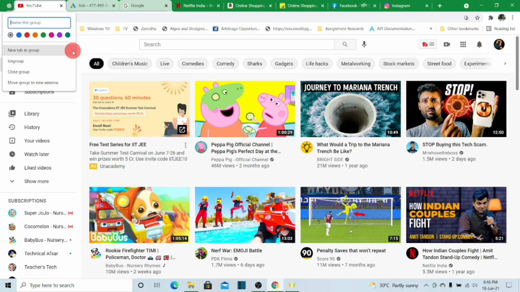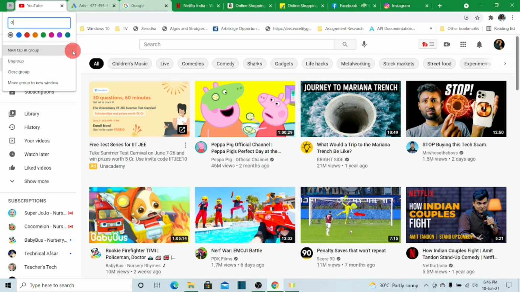So I'm going to give it a name and choose a color. So this color, you can see it will show you here. And once you're done with that, you just press enter and it will create a group. And this group you can collapse like this and you can expand it again. So if I group all the other websites which I want to keep into different categories. So for example, let's create one for this.